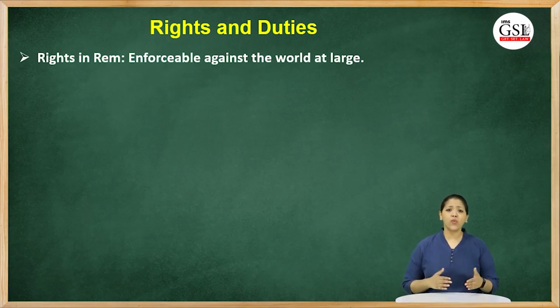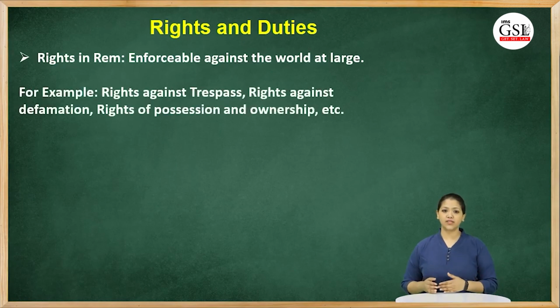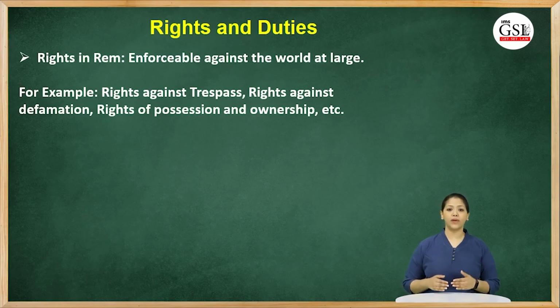You can sue anyone who has run a red light and caused you physical injury. The driver cannot say that he is not a citizen of India and therefore the rules don't apply to him. The driver cannot say that he is a resident of Delhi and the rules of Bangalore don't apply to him. The rules are not applicable discriminately. Rights against trespass, rights against defamation, and rights relating to ownership and possession of property are just some examples that are defensible against anyone who wishes to take away such rights.